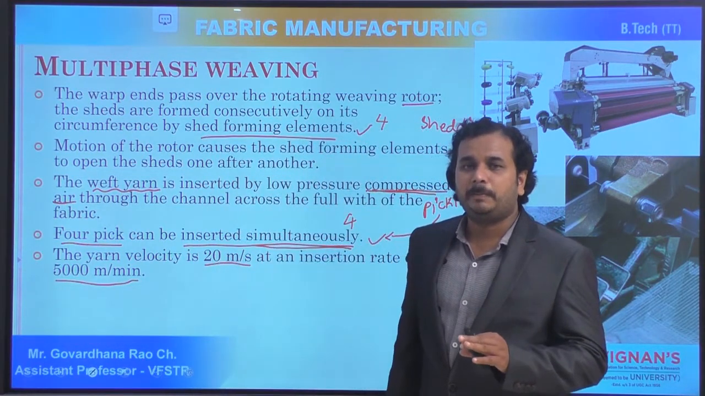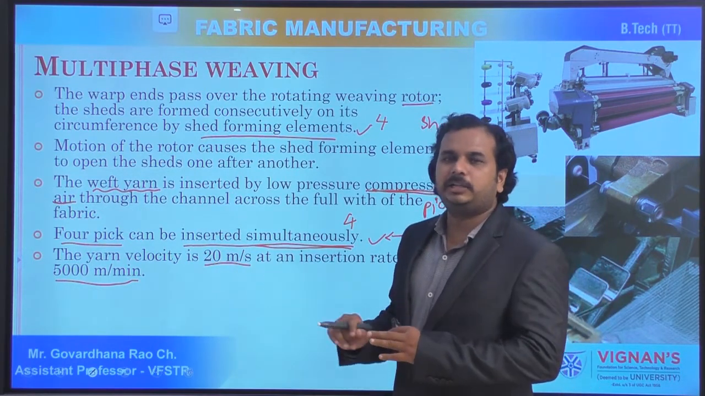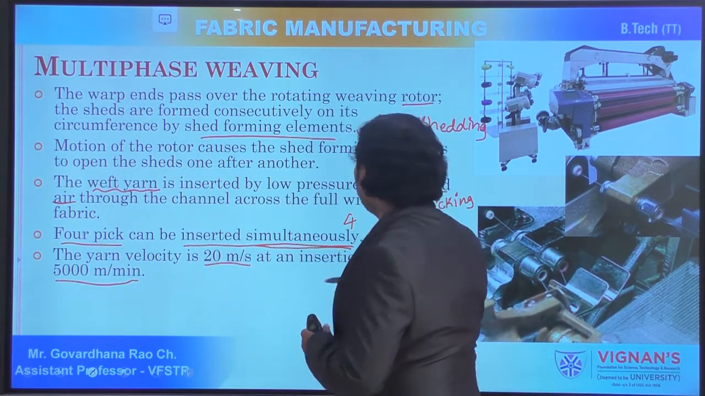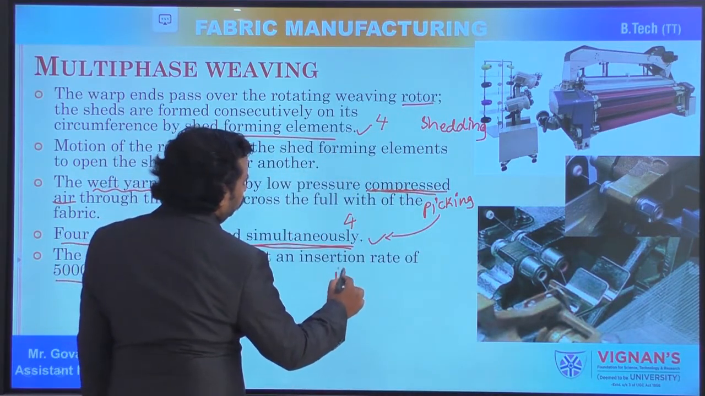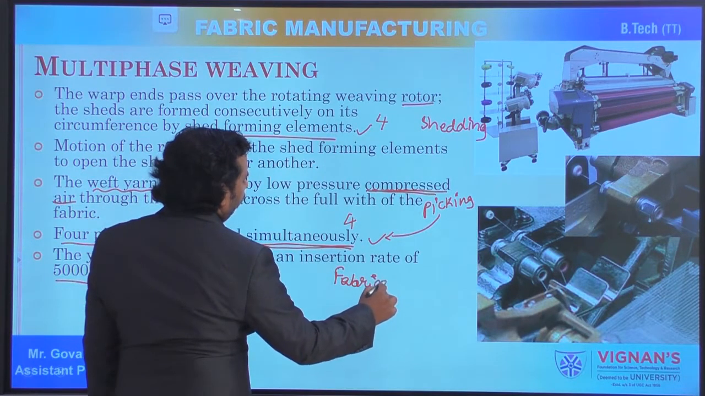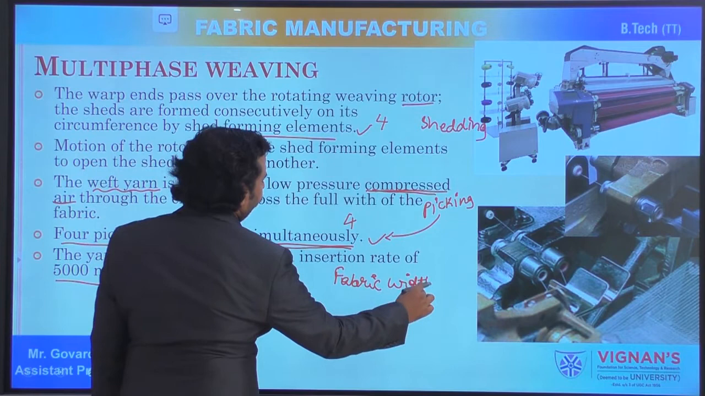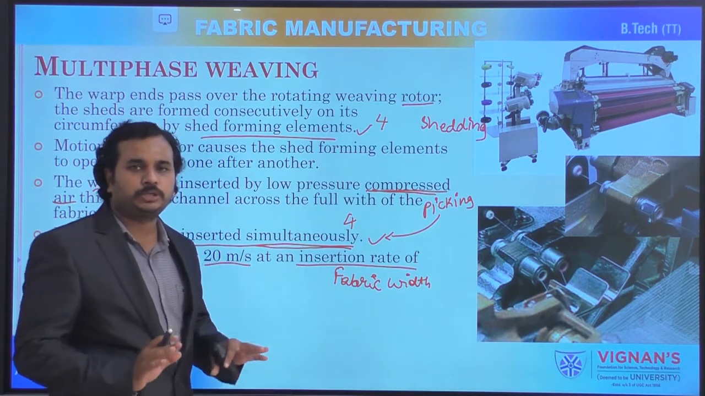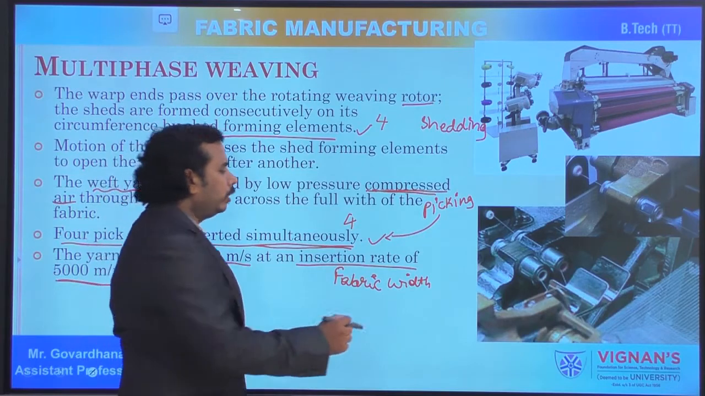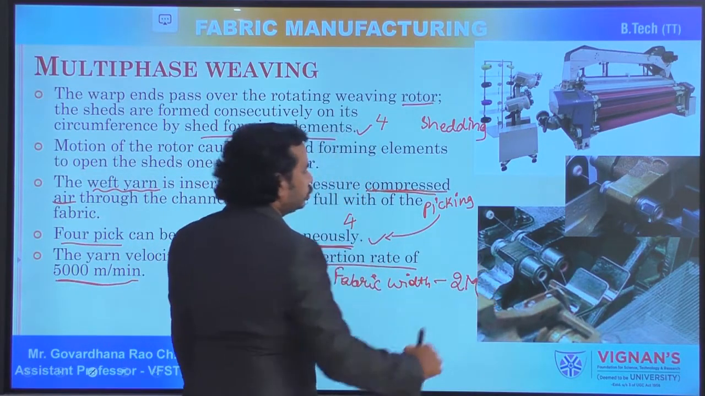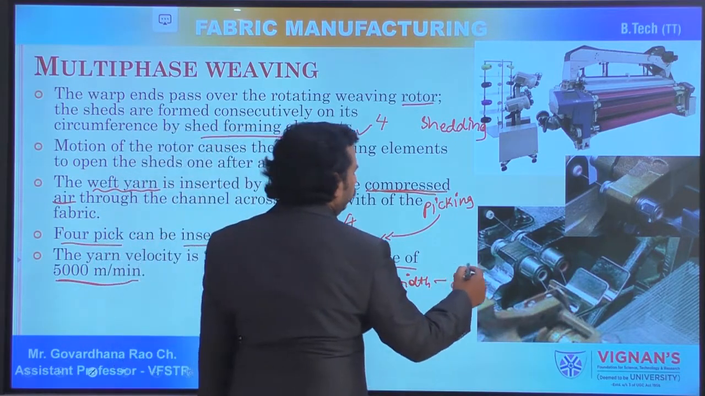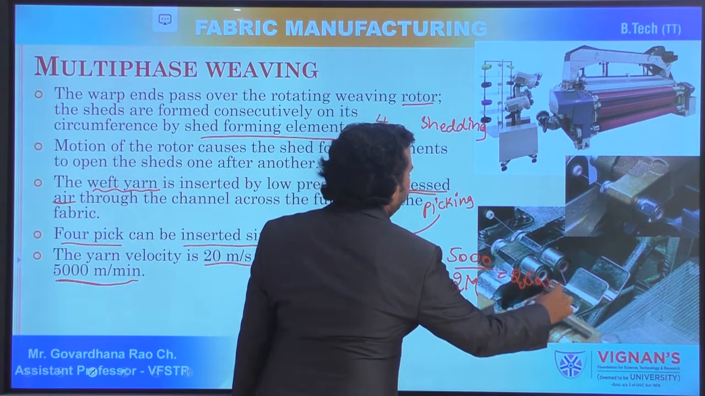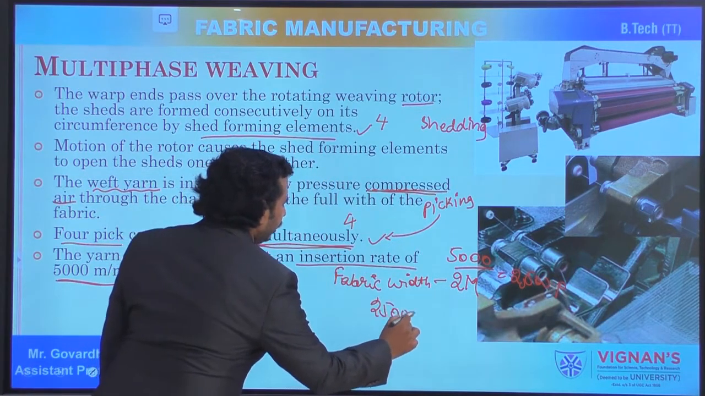5000 meters per minute. So you can calculate that, for example, if you have a fabric width of 2 meters, what is the weft insertion rate? Insertion rate of 5000 meters per minute. And what is the fabric width I told? I have told that it is 2 meters. So 5000 divided by 2 is equal to 2500. So this is 2500 picks per minute,